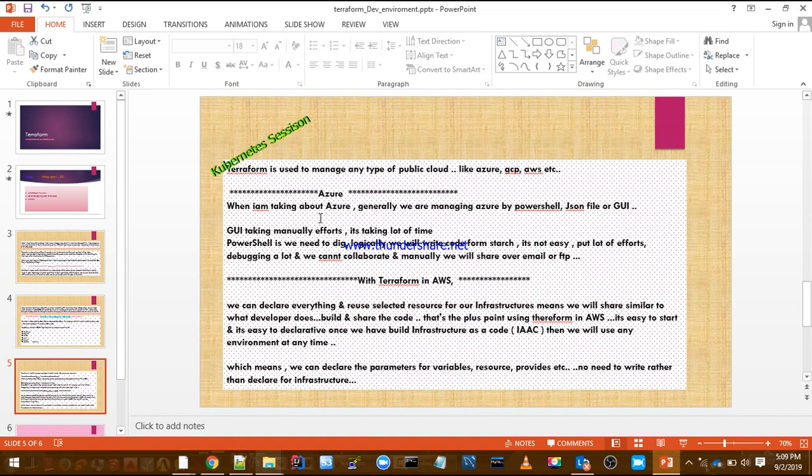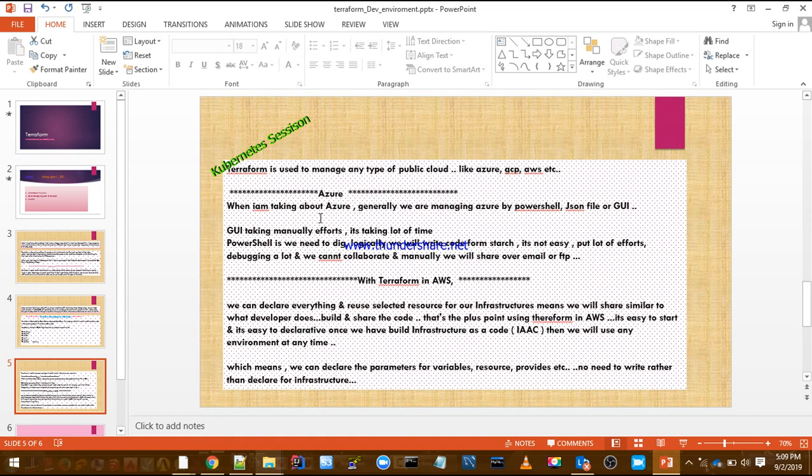And we have JSON files. Using JSON files is the same thing. We cannot collaborate with all teams when we are using Azure. We need to share files with the other teams manually, either over mail, SFTP or FTP.